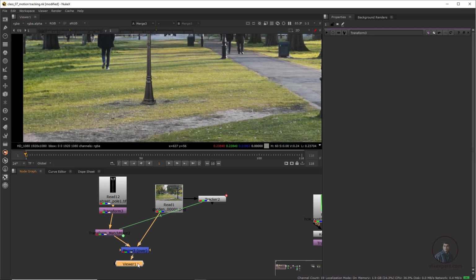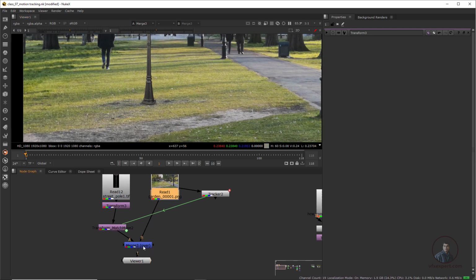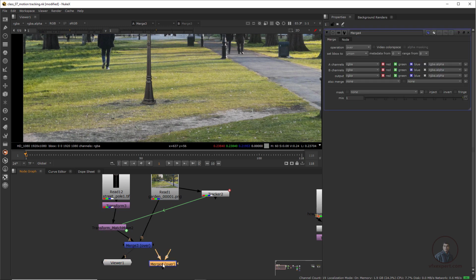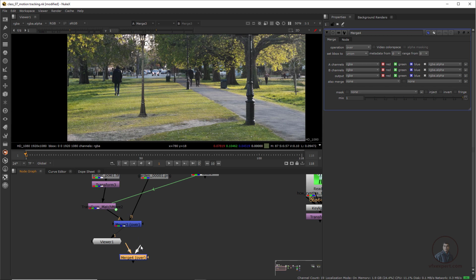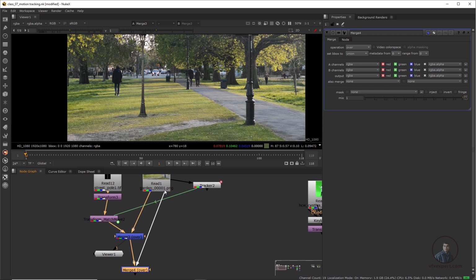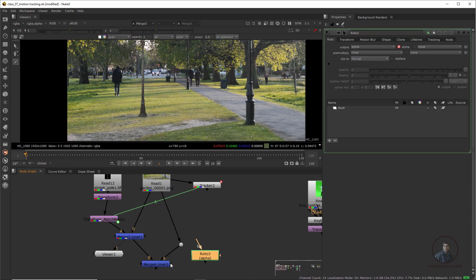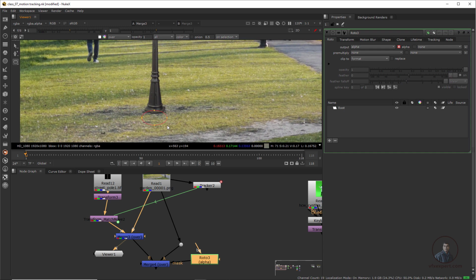for this, what we have to do is take another merge node. Press M, and this total output will be our background, and this original plate will be our foreground here. So hold control and break it here. Then take a roto node, press O, and connect it with our mask input here, and from here just take this, maybe only for explanation.